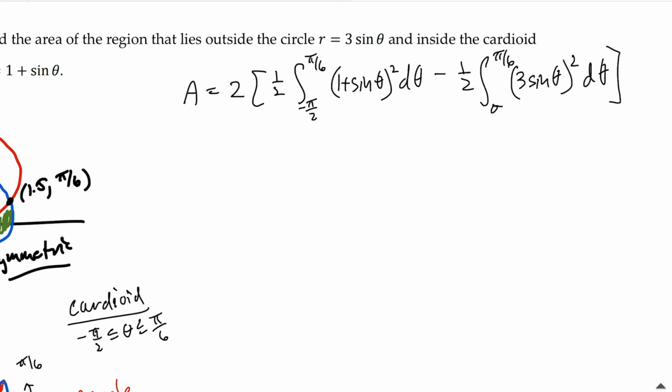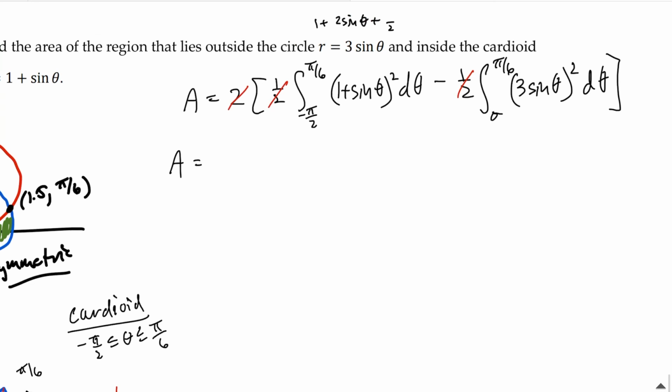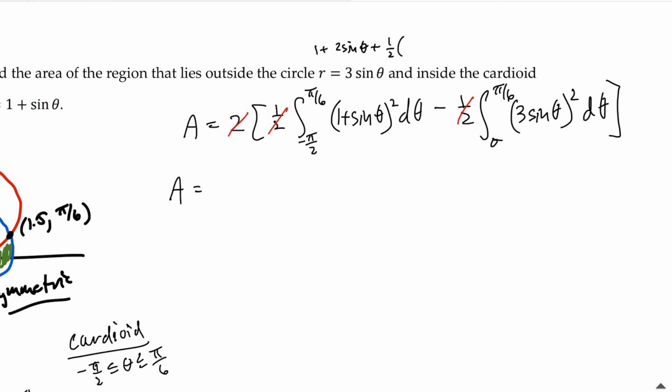All right, so let's go ahead and we'll note that the 2 still multiplies. So we're going to cancel the halves out with the 2's. And now we just need to add both of those integrals. All right, so 1 plus sine theta squared is going to be 1 plus 2 sine theta plus sine squared, which again is going to be 1/2 times 1 minus cosine 2 theta. So we'll just note that's what that's going to look like,